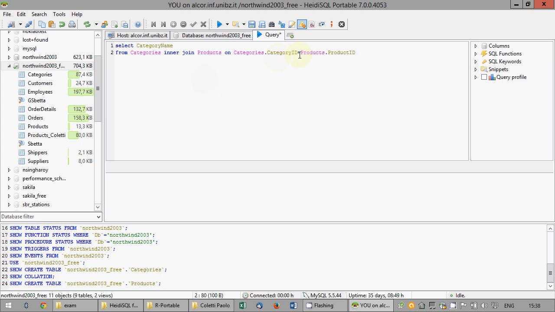Oops, no. Category ID, products, category ID. Okay, we have to group by categories. Category name. If you group by category name, that's fine. If you group by category ID, you have to specify whether you want to take category ID from categories or from products. Both are correct. Okay, now